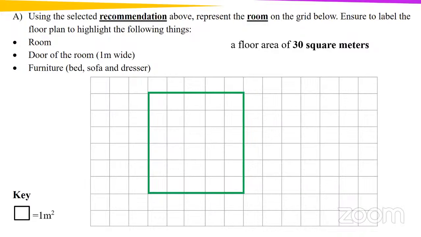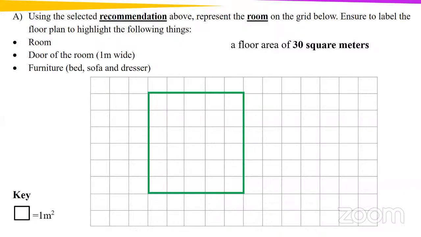Joshua, look back on the grid. I remember our area is supposed to be 30 square meters. So whatever our dimensions are, we are to end up with 30 square meters. So look back on the screen, look back on the grid, and see what this representation is. I want you to tell me the dimensions of this representation. Anybody wants to help Joshua?